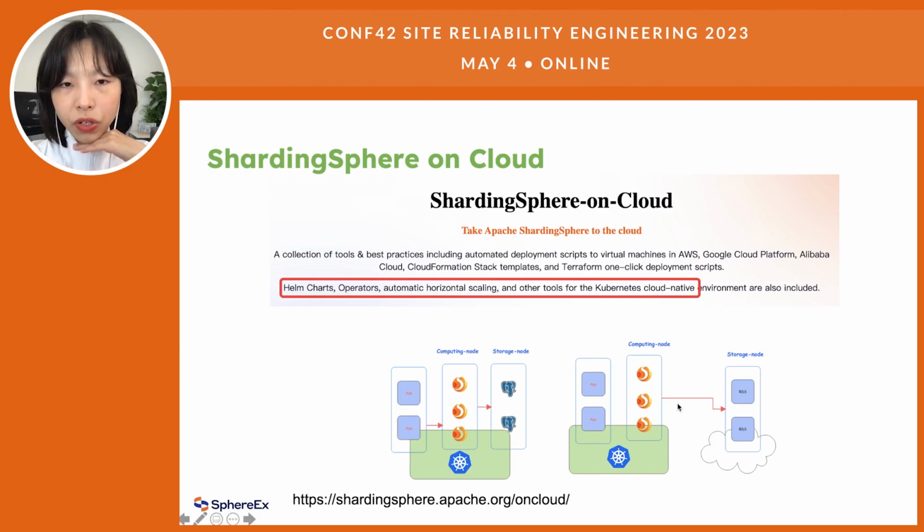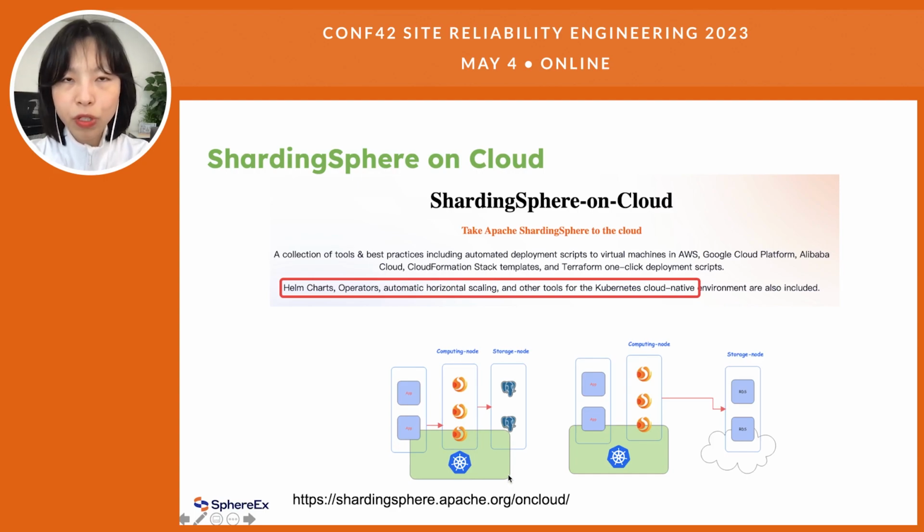Here you just use this open source project as a computing node of this distributed database, and it can reach the same qualities as a distributed system, for example, data sharding and distributed transactions, right? Another benefit of the solution is that your storage nodes or databases can be located anywhere. It could be RDS on Google Cloud or AWS. It can be open source databases working on your Kubernetes cluster.